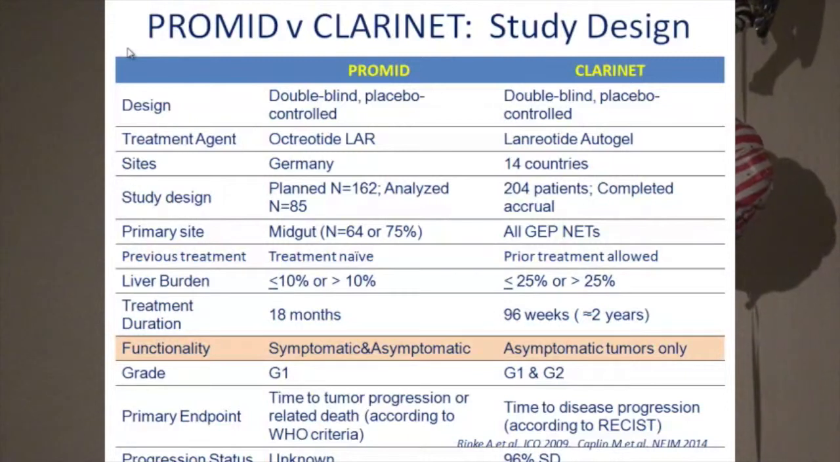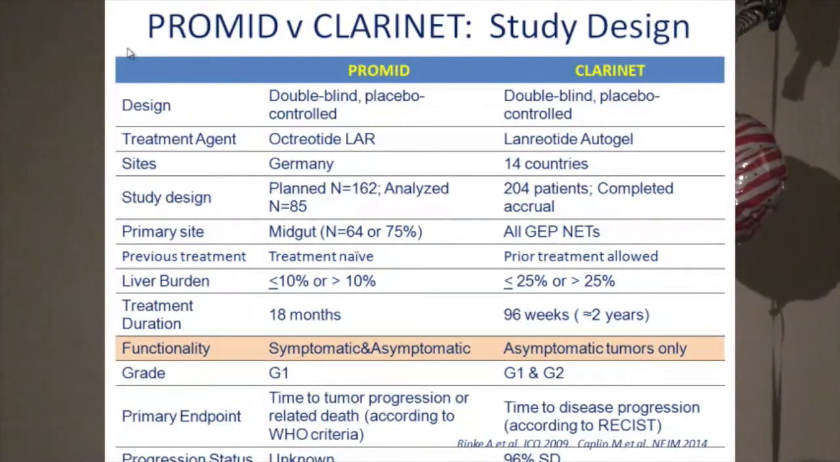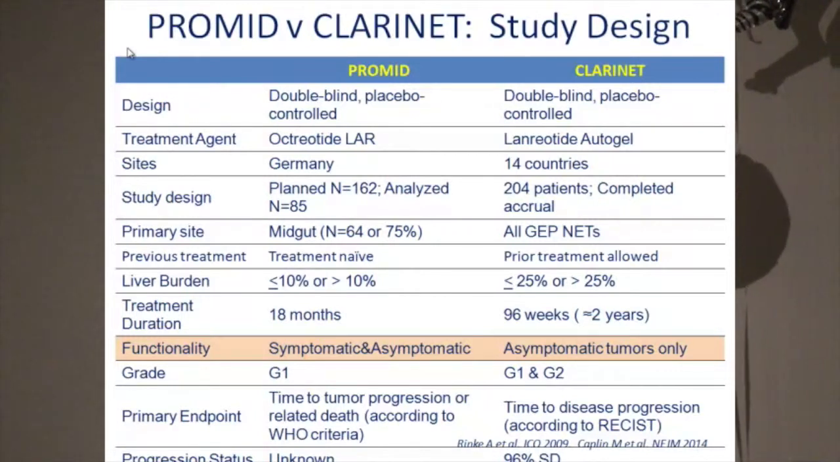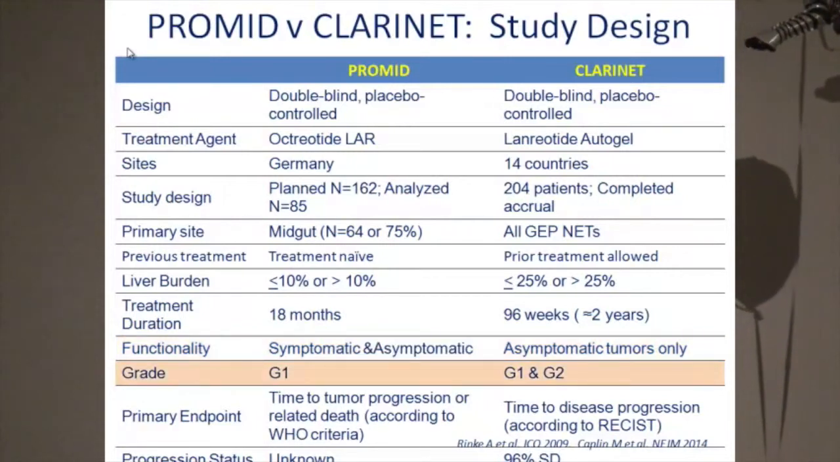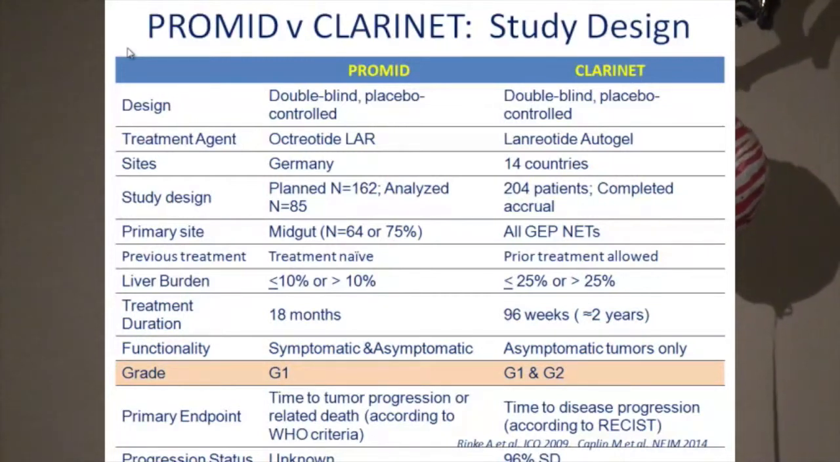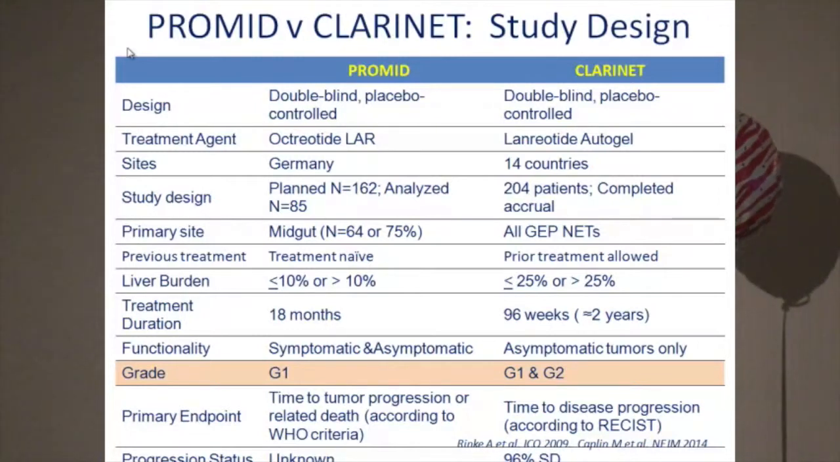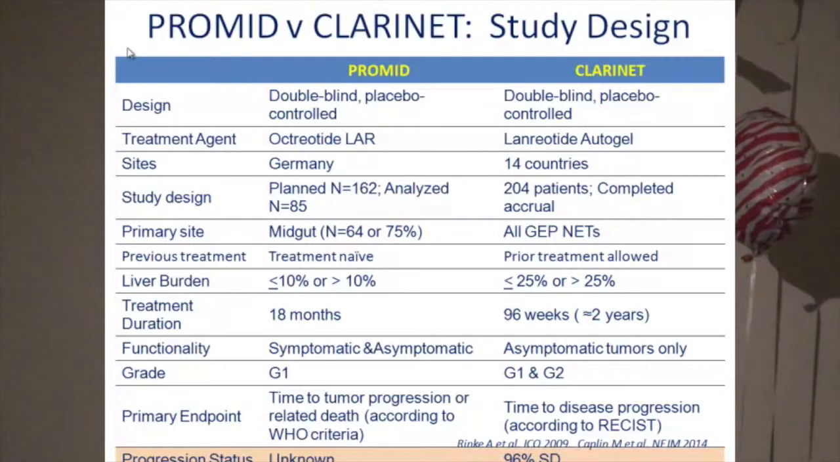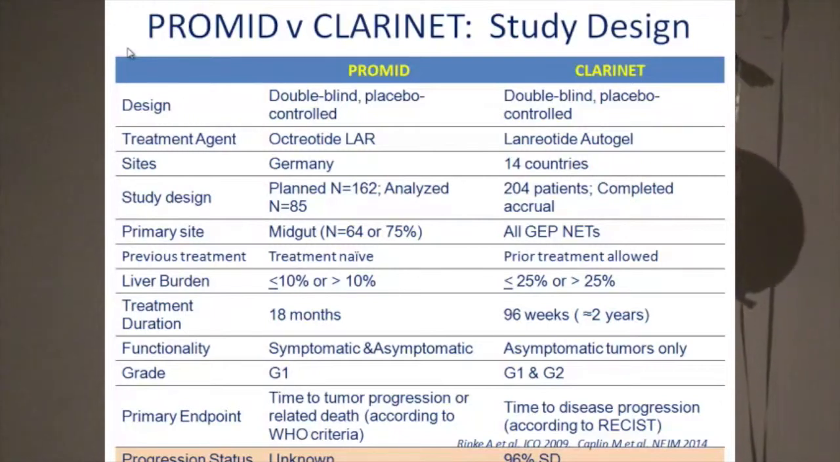As for the functionality of the baseline of the patients that got enrolled, PROMID allowed both symptomatic and asymptomatic, but for the CLARINET, it's all asymptomatic, non-functioning neuroendocrine tumor. Grade 1 is in PROMID, and grade 1 and 2 in CLARINET. In fact, Emily, more than 30% of patients had grade 2 in the CLARINET study, so it's not a small number. The primary endpoint for both is relatively the same, but they measure a little bit differently. One is measured by WHO criteria, and the other one is by RECIST criteria, and I don't know if you can see all the way down, but